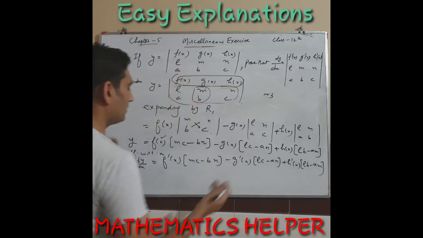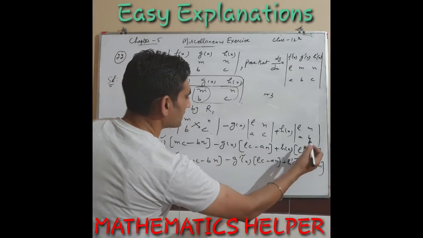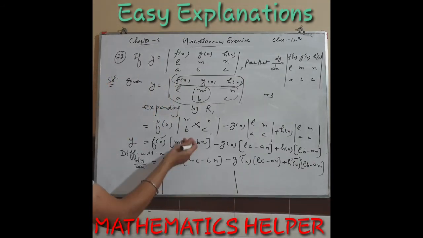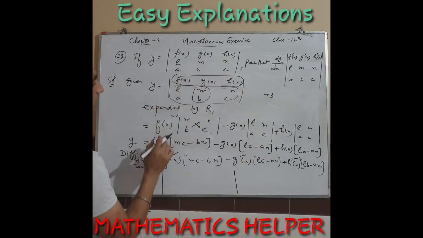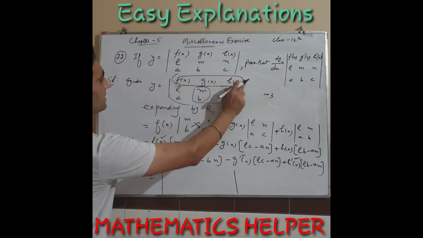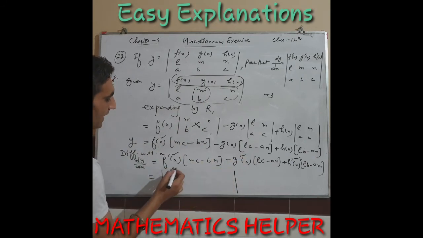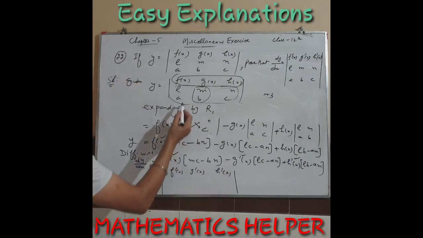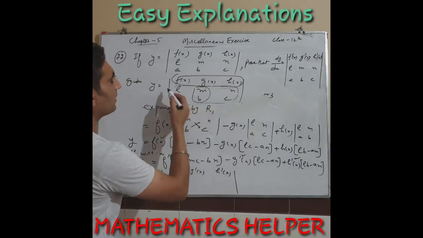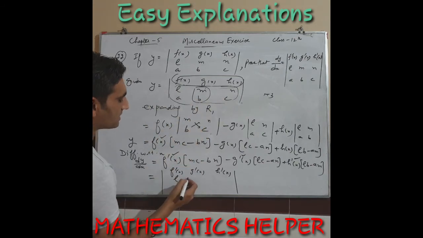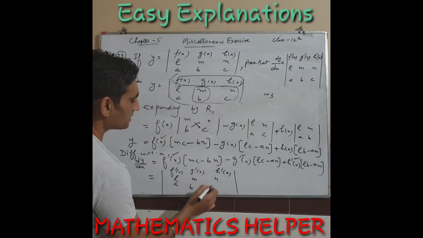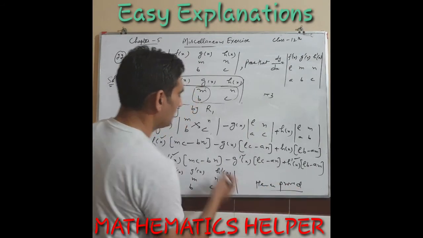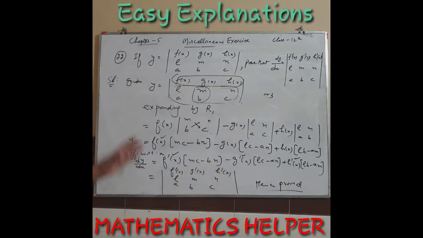So if they are with only derivatives of f(x), g(x) and h(x), we will rewrite it in the form of a determinant. From where did you get this type of calculation? By expanding this. At these positions you had f(x), g(x), h(x). Now you have derivatives, so we will write f dash x, g dash x and h dash x. And l, m, n and a, b, c were there in these positions, so we will write them the same, hence proved. So we proved it. We have the required answer in this form. So this was question number 22.